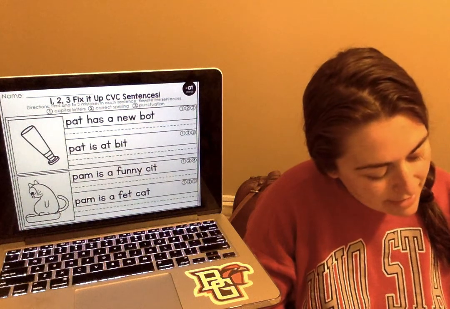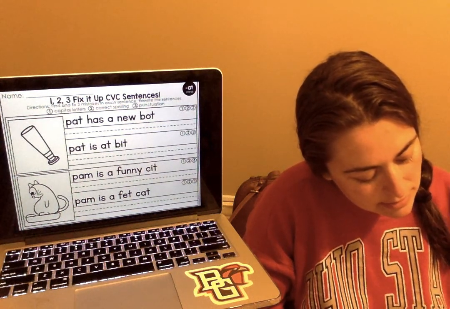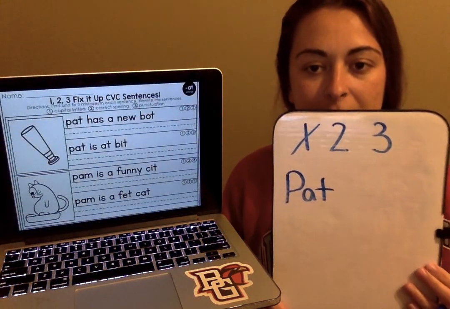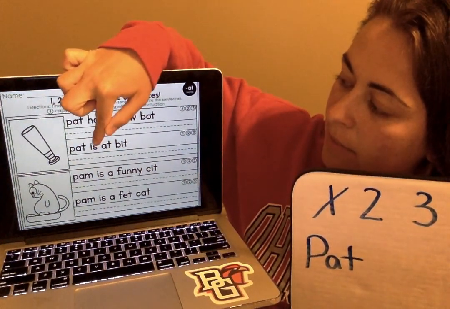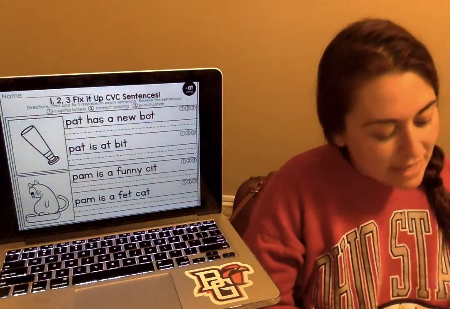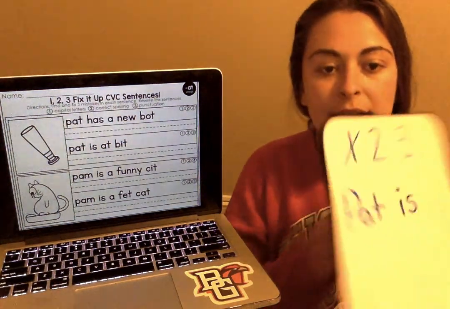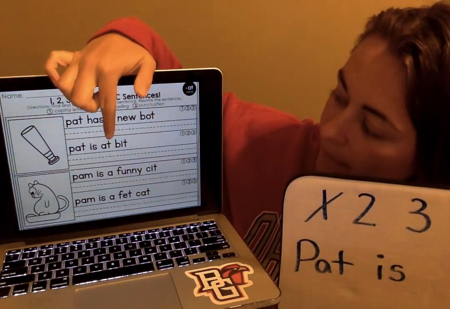So let's give Pat an uppercase P. And then we'll write A, T. Cross off that one because we did our uppercase letter. Pat, what's this word? Sight word is, great, I-S is. Pat is